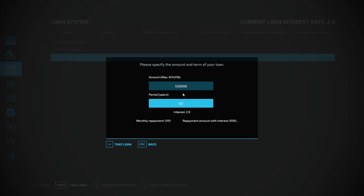We can pay it back early. Oh, we're being silly doing that. We're still saving money. It's a good interest rate. I'm not sure. Oh, 5,000 a month repayment. I think that's a lot lower than what we are currently spending. I could be completely wrong here, but